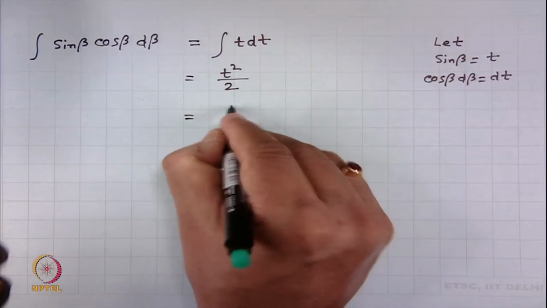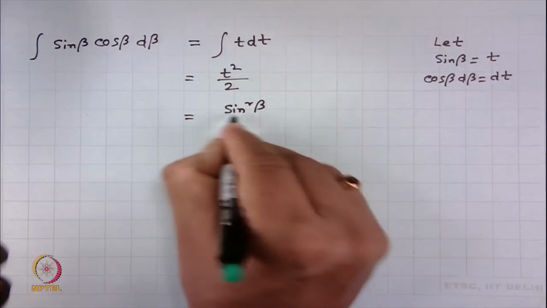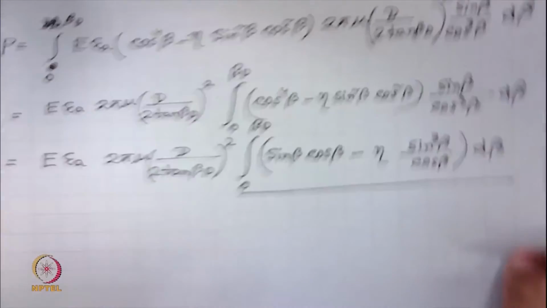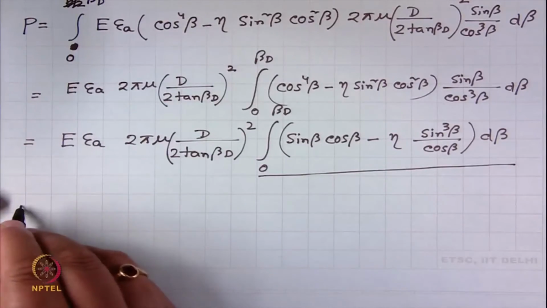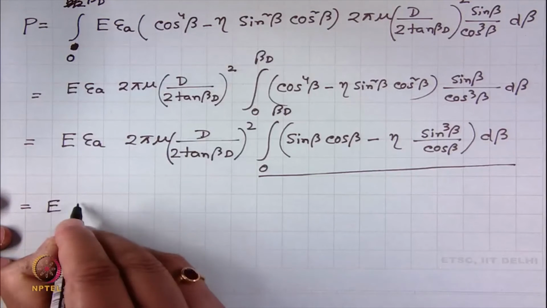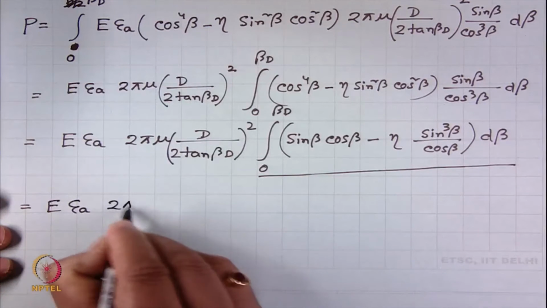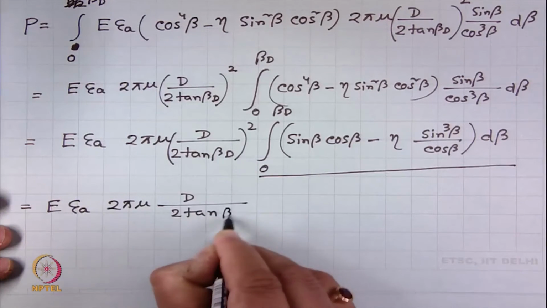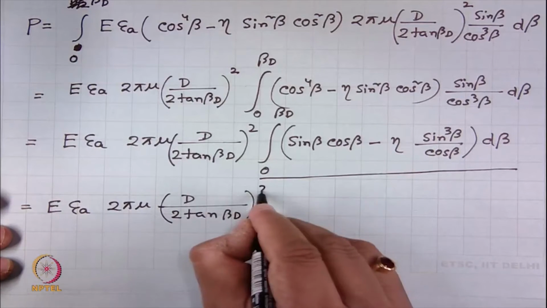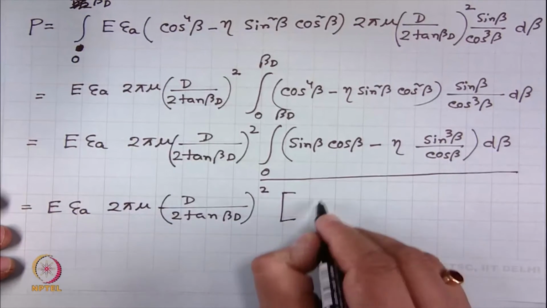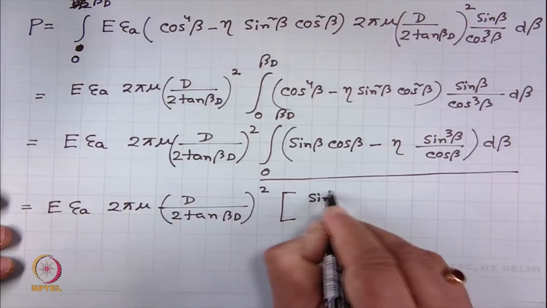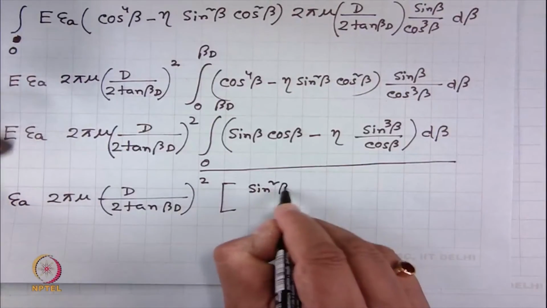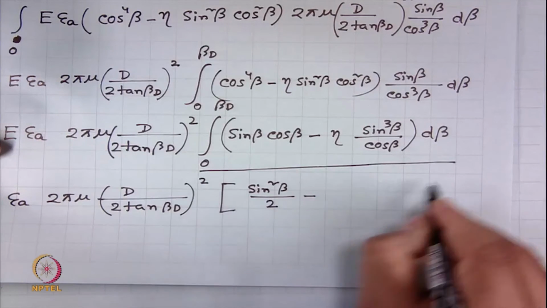What is t square? Sin square beta by 2. So, we come back and write the solution one by one. Sin square beta by 2 minus